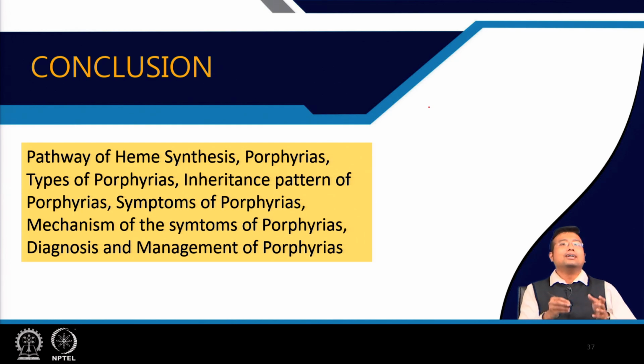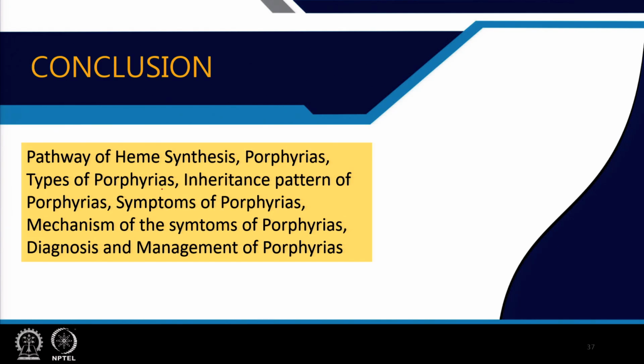So, to conclude, we have discussed the pathway of heme synthesis, what the defects of the heme synthesis pathway are, the specific enzymes that lead to these porphyrias, how they are inherited, what the symptoms are, what the mechanism of porphyria is, how we can diagnose and how we can manage the